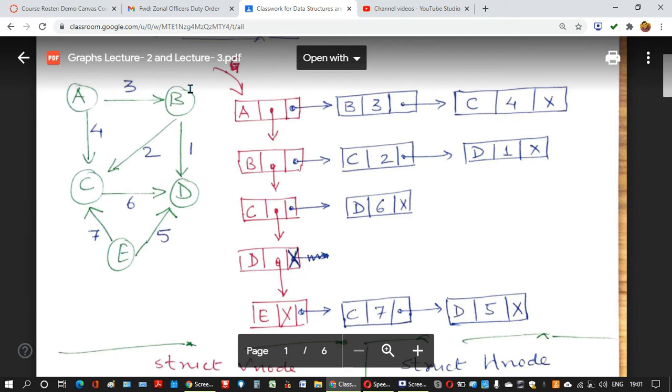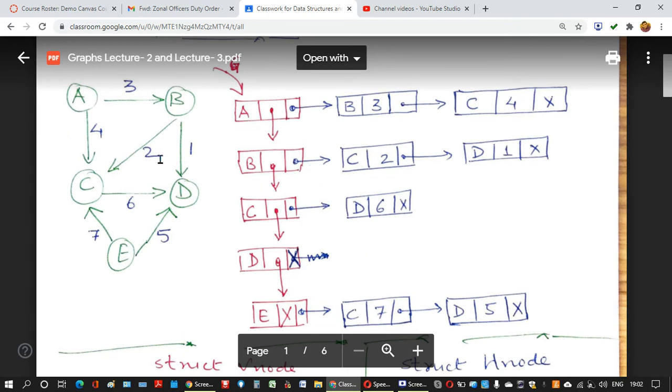In this manner, the information which is there in this diagram is kept here in the form of a linked list. The structure of this node, you can see, will contain this B information, which node, and the weight of the edge. So the structure of this node is slightly different from this. This node has only one pointer, which points to the next node of similar type. So this is a node of a horizontal list, and this is a node of a vertical list. The vertical list node has two pointers, but this has only one pointer. I have taken it in this way.